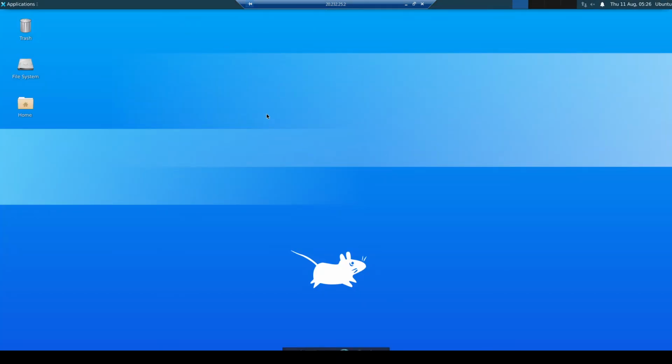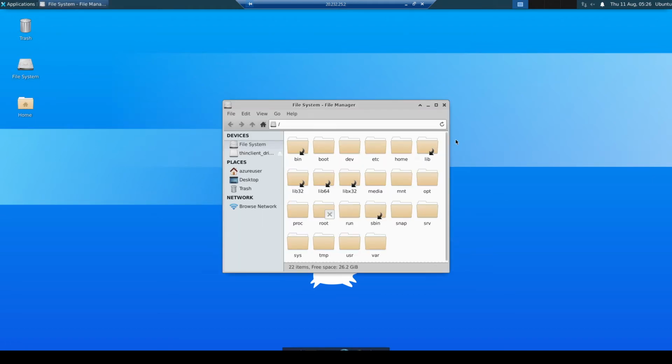And apparently it's logging in successfully. And here we see our lightweight desktop environment loading. And now we are in our virtual machine through RDP with a graphical user interface. It's like having a normal Linux installed on a VM. Well, it is on the VM, but an Azure VM.